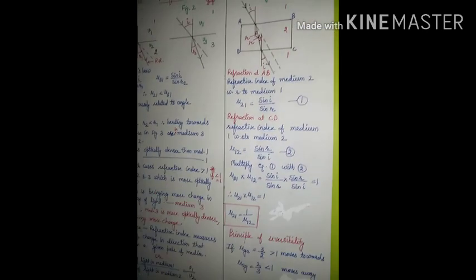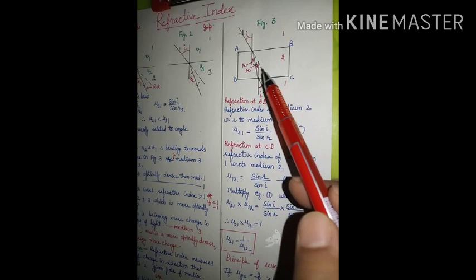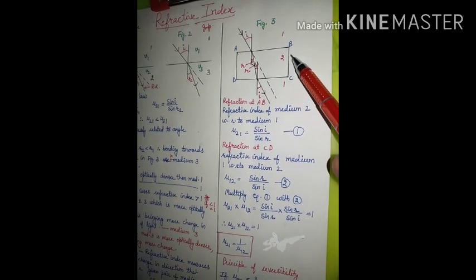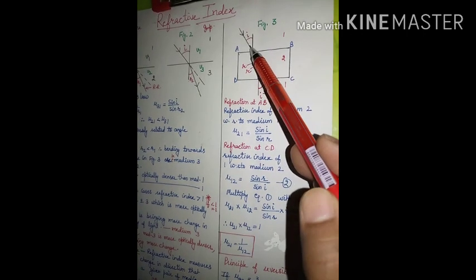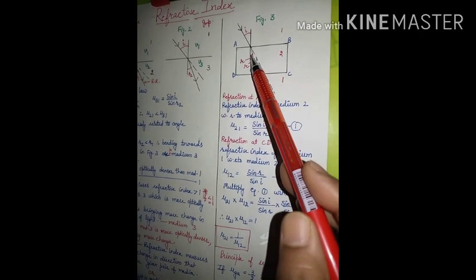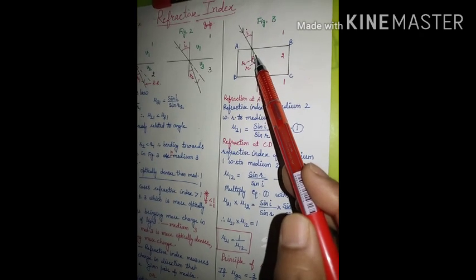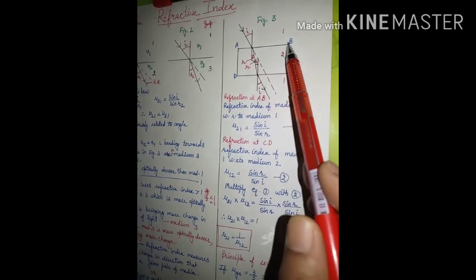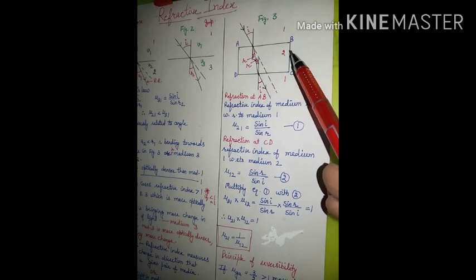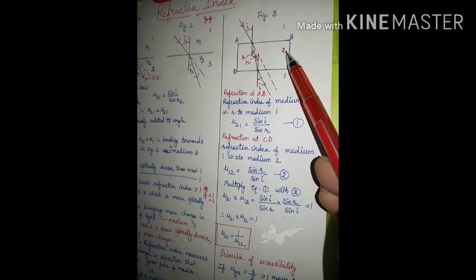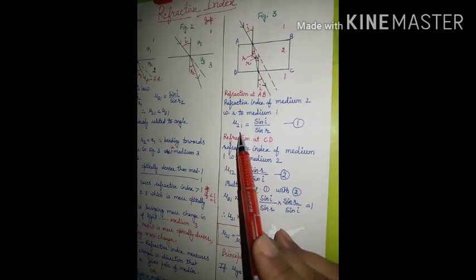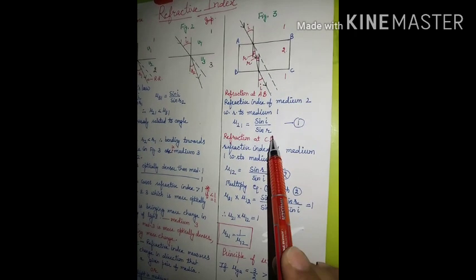Now we will consider the principle of reversibility. If we see this figure 3, you are familiar with this figure. This is the glass slab activity. This is the incident ray of light making an angle of incidence i with the normal. This is the angle of refraction. We have considered refraction taking place at interface AB. It means the ray of light is coming from the first medium to the second medium. For this refraction, I can use Snell's law: mu21 will be equal to sin i upon sin r.